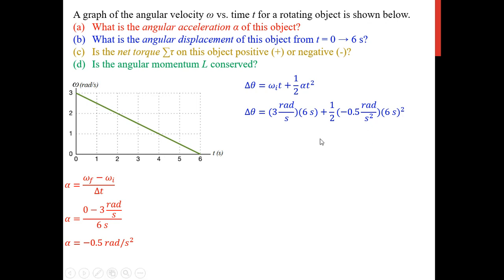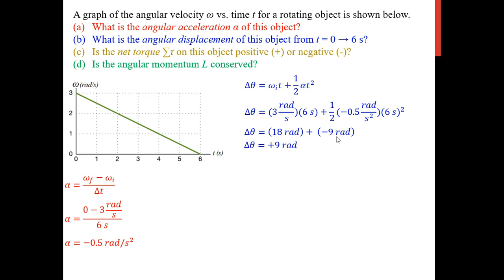All right, so if you punch this in your calculator, 3 times 6 is 18 rad. The seconds unit cancels out in the first term. And then in the second term, this s squared here will cancel out with the s squared in the denominator, where my cursor is tracing back and forth. And that'll leave us with a negative value because this is a negative angular acceleration according to the slope of the graph. The slope is a negative value. All right, so if you do that, it simplifies down to negative 9, but 18 plus negative 9 yields a